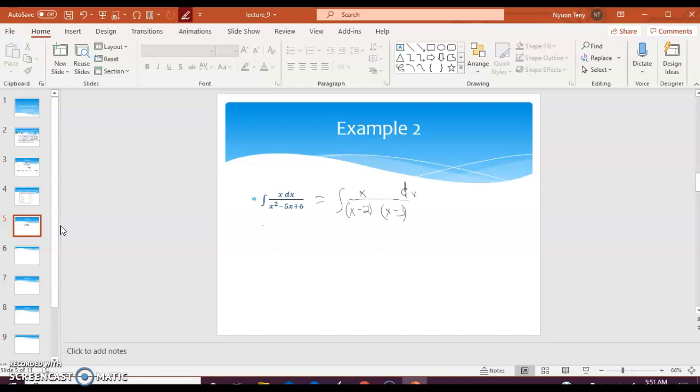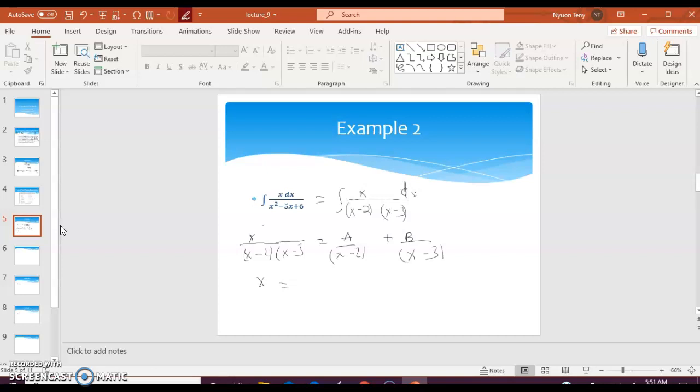So that means x over (x minus 2)(x minus 3) is equal to A over x minus 2 plus B over x minus 3. If we multiply both sides by (x minus 2)(x minus 3),